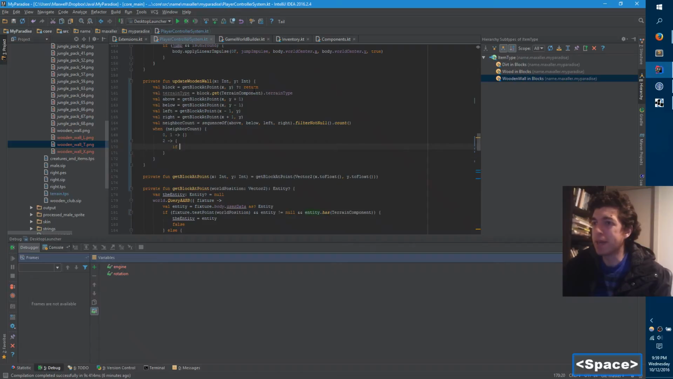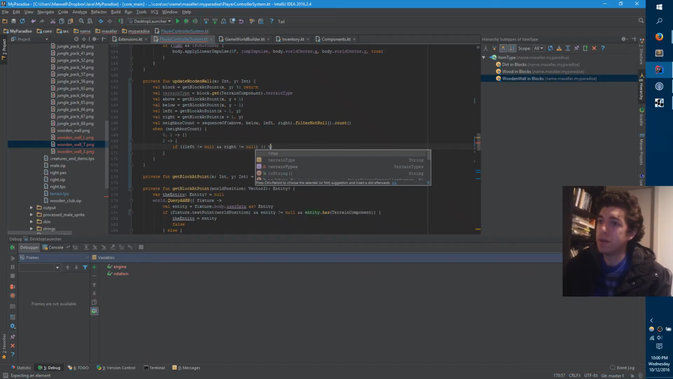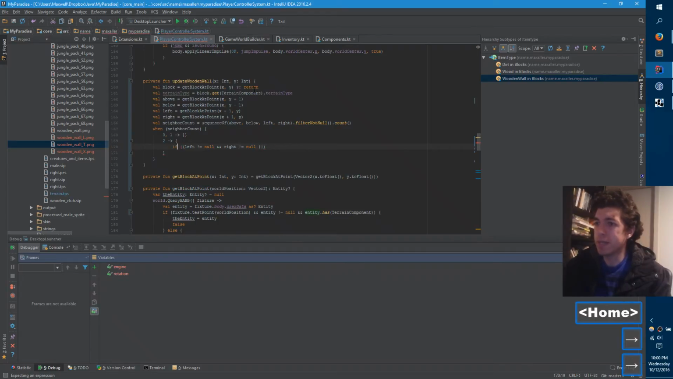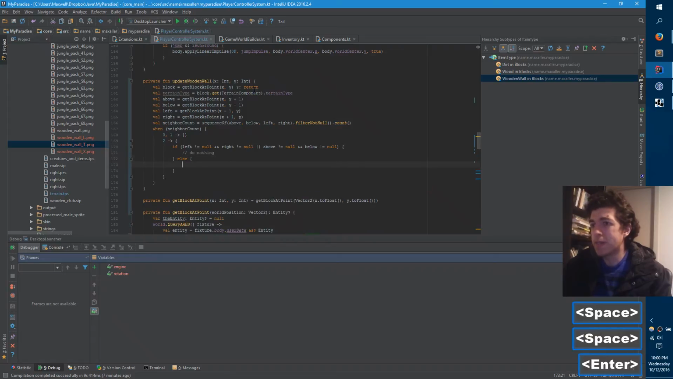So basically, I'm saying if there's two that are not null and those two are left is not equal to null and the right is not equal to null, or above. Actually, I don't technically need these parentheses because and is high precedence. Above is not equal to null and below is not equal to null. Then do nothing. However, if it's something else,